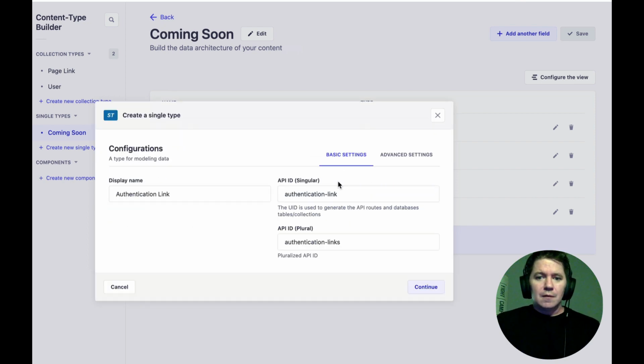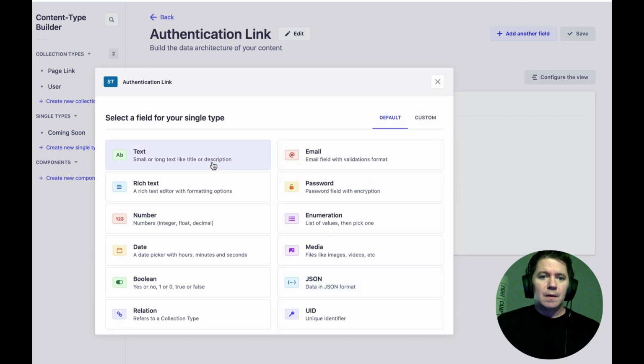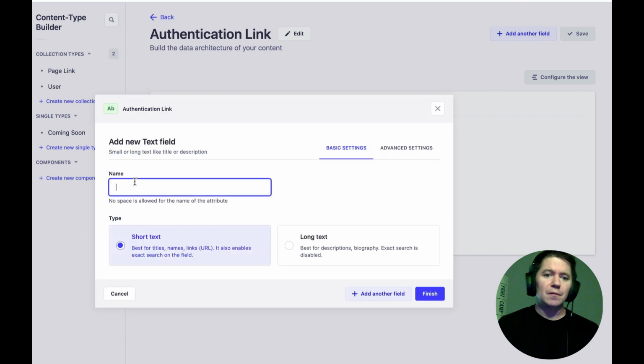And nothing again in advanced settings. And then in here, this is going to be a little bit different because what I'm creating is one little object of data that can get used in various locations. Right now the links are sign in and get started today. But I want to name them something that would make sense if we change that to login or create your account. So to me, I see them as a new customer